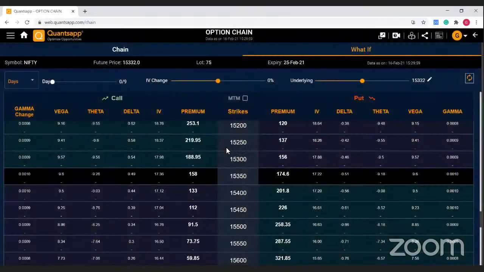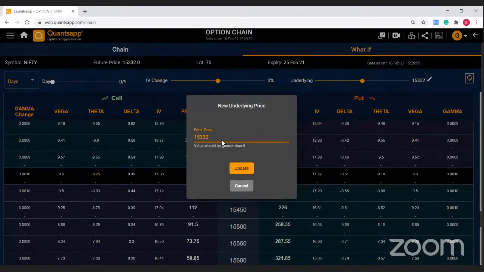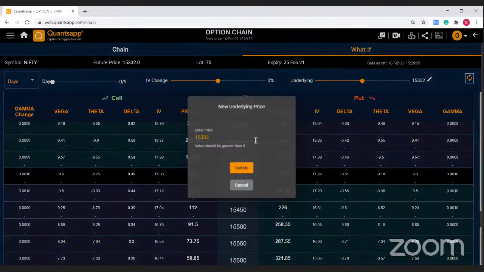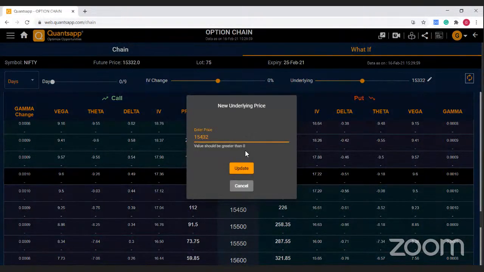If I say there's a 100-point movement in the Nifty, and I want to know how much my option premium will change if there's a 100-point upward movement in the Nifty, this is explained by delta. Delta says if there is a 1 point change in the Nifty, your option premium will change by 0.49 points. So if I say there's a 100-point movement